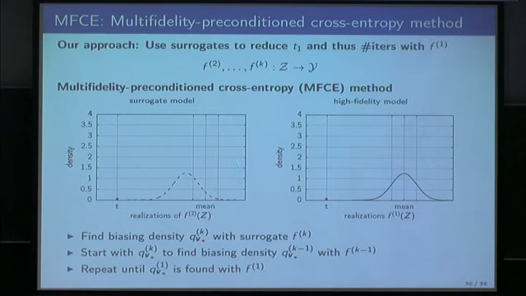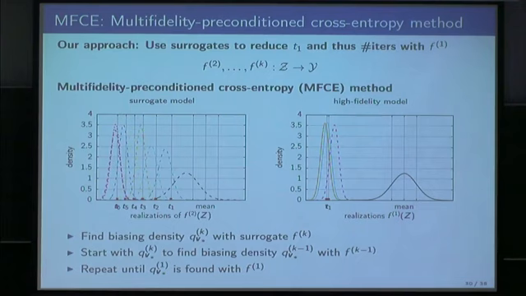On the left you can see the surrogate model, and with that we start and iterate until we hit our t value, standard cross entropy method. But then when we are interested in the high fidelity model, instead of starting with the nominal density again, we say we start with this density coming from the surrogate model and iterate, and then probably need to iterate only a few times to correct, corresponding to the error that's introduced by the surrogate model. But the important step is that we correct here with the high fidelity model.